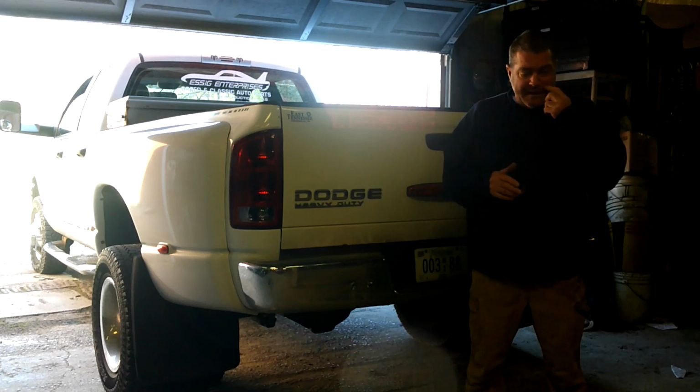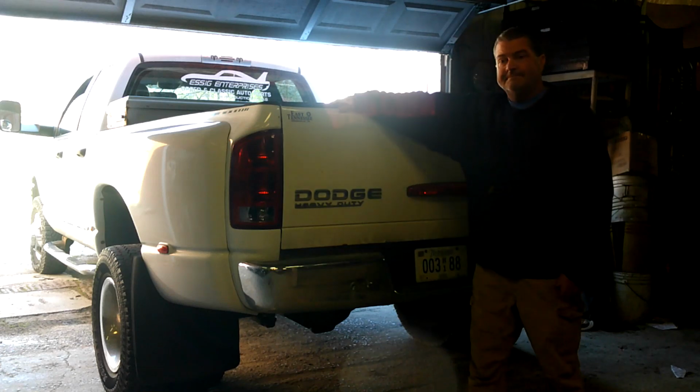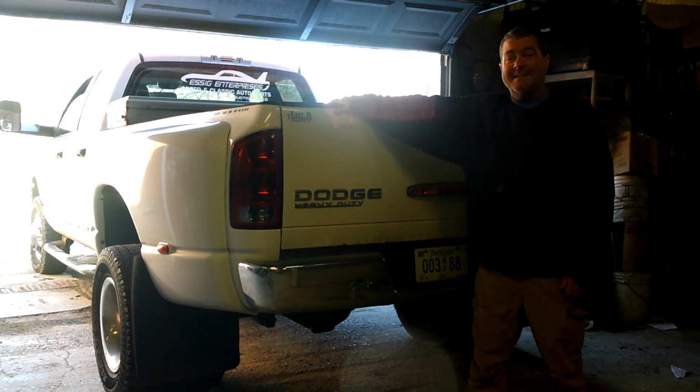If there's ever been a more faithful vehicle, it's this one. She's an '04 Dodge 3500 with a 5.9 Cummins in it. This truck has gone miles and miles, more than 250,000 miles, well over 300,000, without hardly any troubles. I think the most I've done is a set of ball joints that wore out on it,